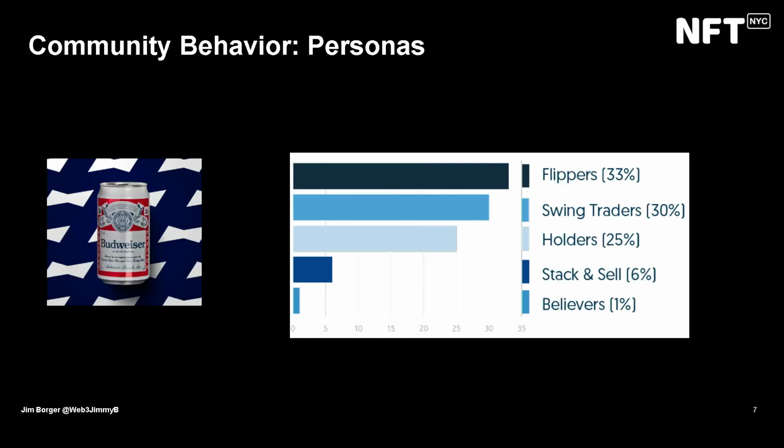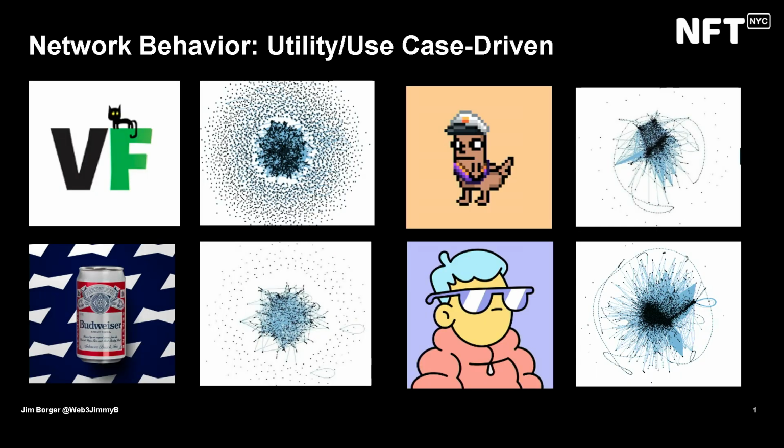Okay, so here's another thing we can look at, persona analysis. Our data science team took a look at everybody in the Budverse community and found that 33% of people who minted a Budverse Heritage can flipped within the first week. That was kind of interesting, and that was back during the day where you could mint a CPG token and maybe double your money in a few days. Quite a few swing traders in here too, but we have the ability to look at people who are what we call holders or believers, people that get into a community and are there for the long haul.